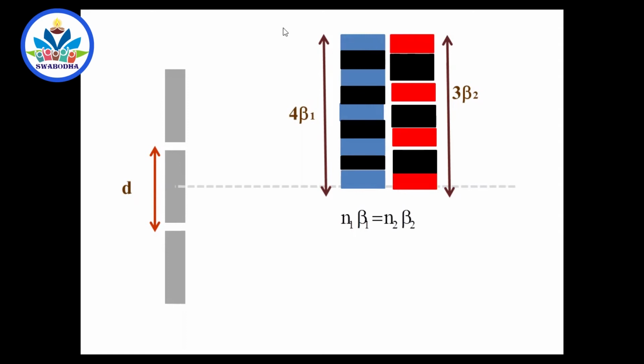This is the 8th fringe of blue and the 6th fringe of red. Again they coincide. Sir, my friend's and my footsteps coincided at 3 feet and 4 steps. I walked 4 steps, 0.75, 0.75, 0.75, 0.75. It is 3 feet. My friend took only 3 steps to cover 3 feet, but our steps coincided.